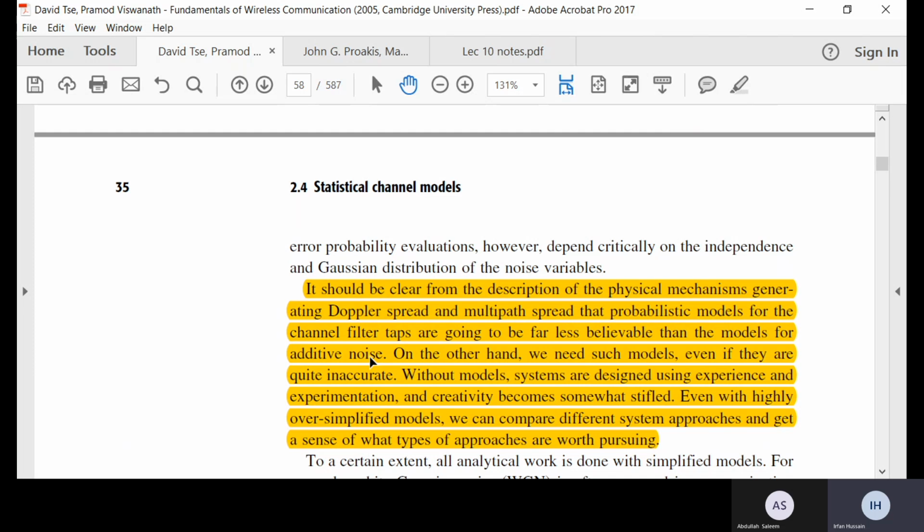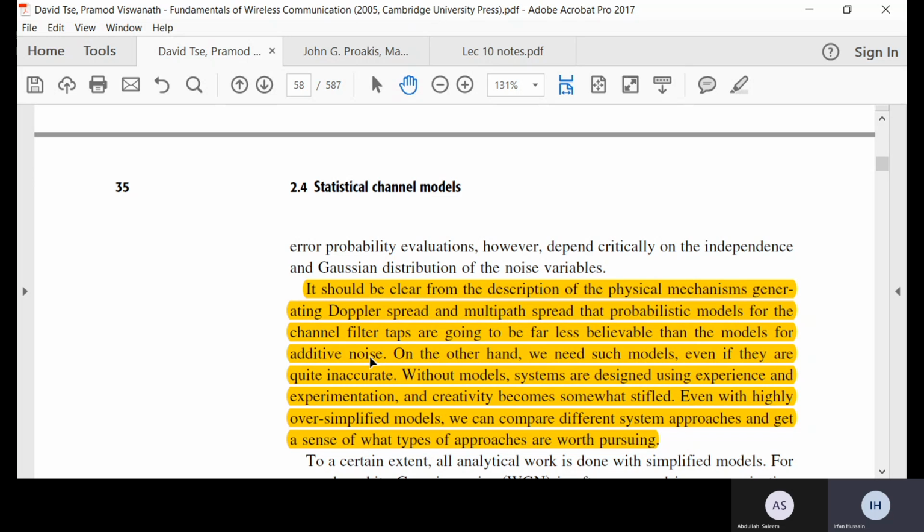You could read up in chapter 5 of our analog and digital communication book of John G. Proakis and Masoud Salehi, Fundamentals of Communication Systems, that we can map or model the random motion of electrons as additive white Gaussian noise. And it's quite accurate, but these models which we are proposing, probabilistic models for our Doppler spread, multipath or the channel filter taps, they will be much less